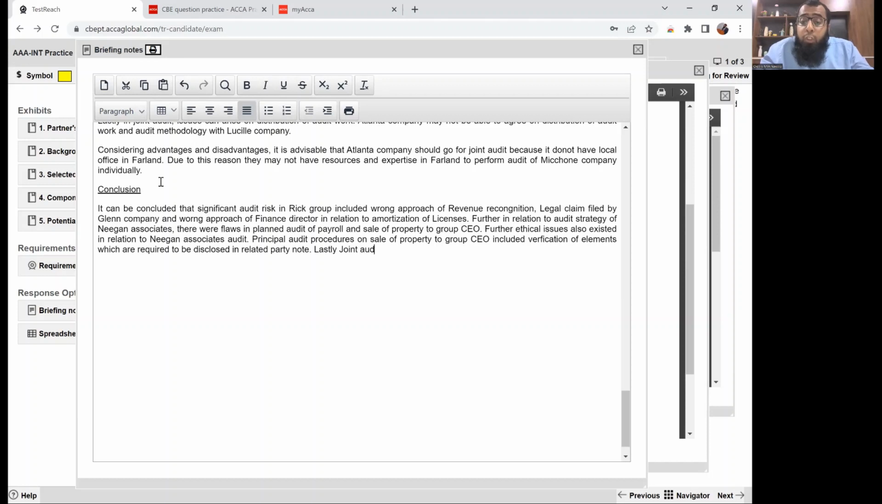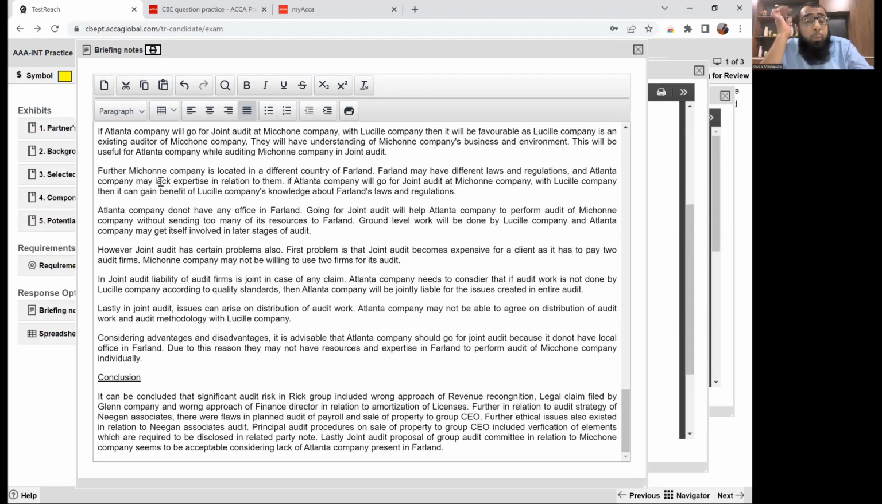Lastly, the joint audit proposal of the group audit committee in relation to Micone Company seems to be acceptable considering lack of Atlanta Company presence in Farland. Okay. So basically, while we write the conclusion, what we do is we simply pick up the key points which we have covered. Like if you read my conclusion,